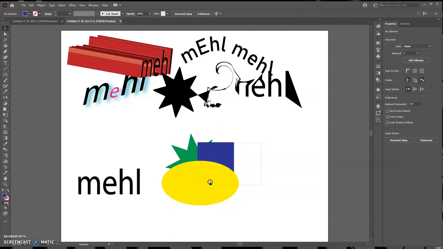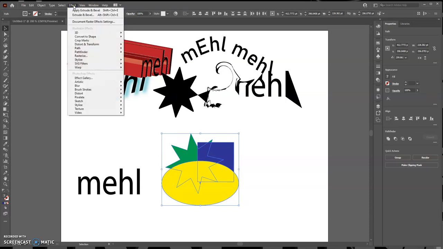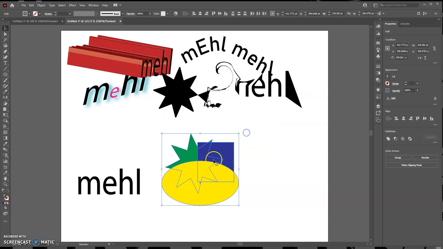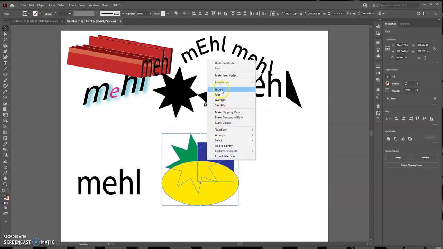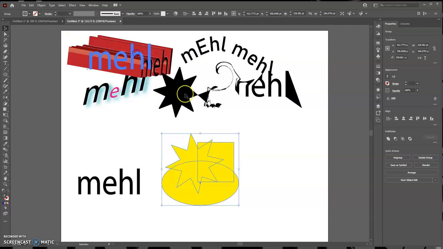As I select all three together, I can actually have them combine or subtract and so on, and that's called the Pathfinder tool. So I go under Effect, Pathfinder, and then I have all of these options here. If I go Add, it gives me a warning box that this has to be grouped first. So what I do is right click, and I make a group. Now I can go Effect, Pathfinder, and go to Add,